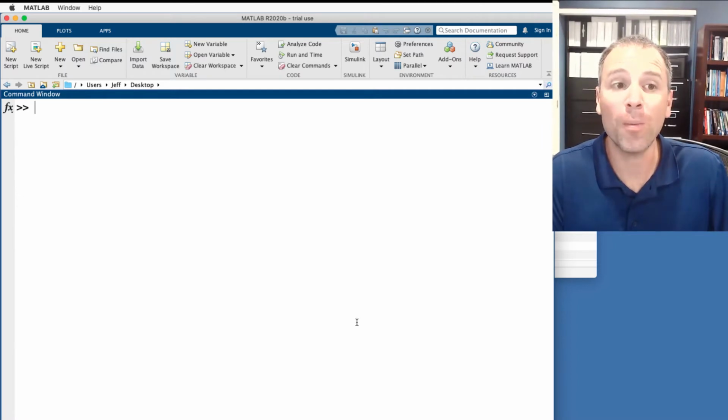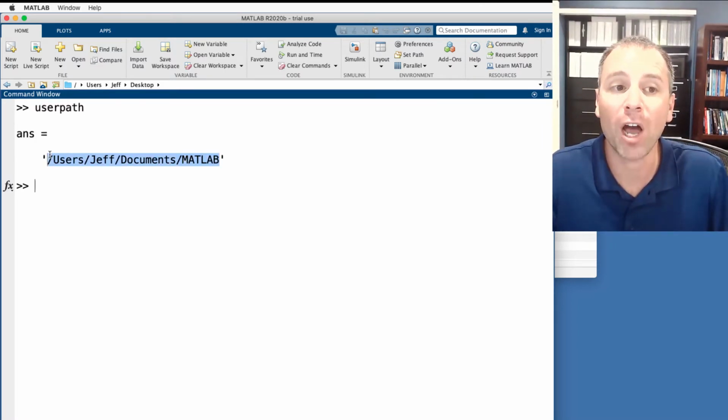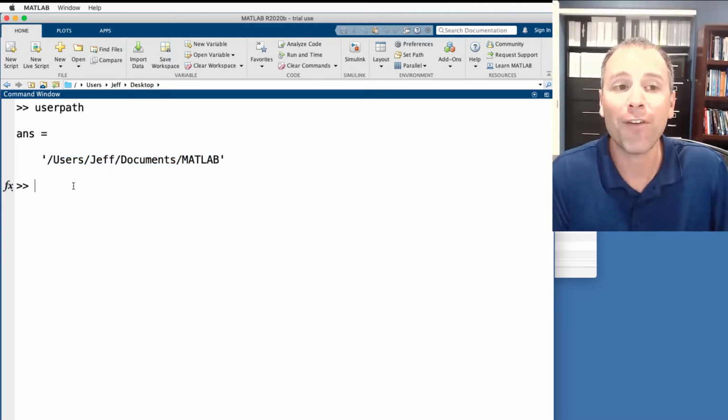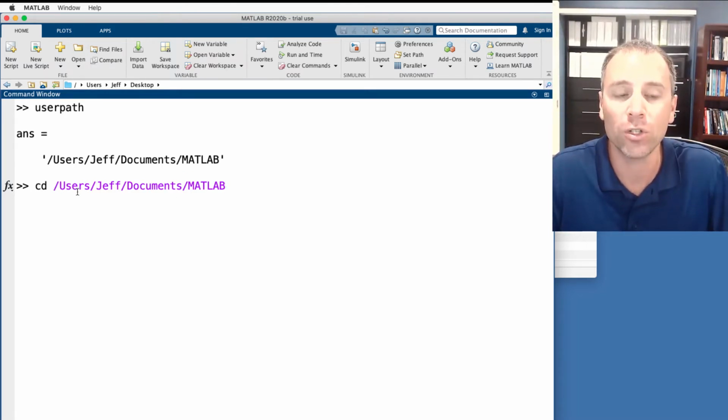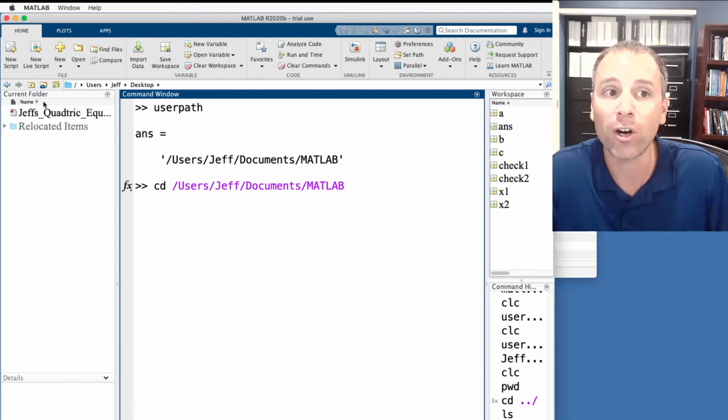Let's clear this for a moment and then type in userpath. Remember, this was the default location of the current folder if I haven't moved my librarian. Here, if I change cd and I tell MATLAB, please go change directory to this path, so Users, Jeff, Documents, notice right now that's not where my current folder is. My current folder is now Users, Jeff, Desktop.